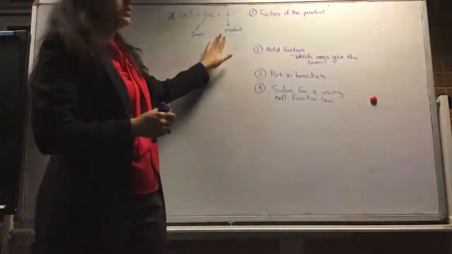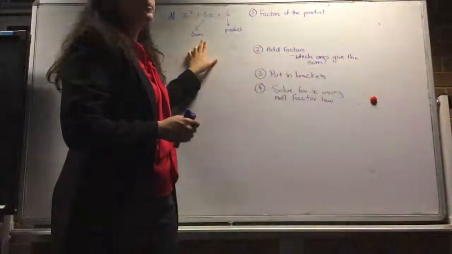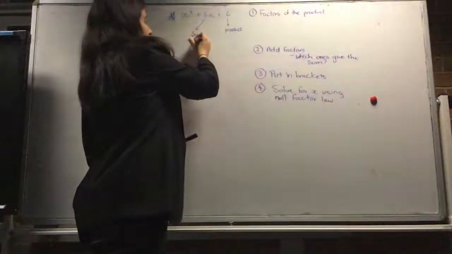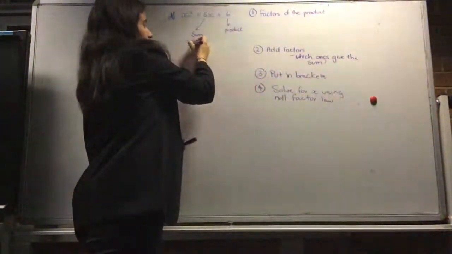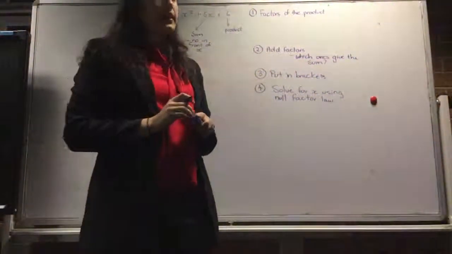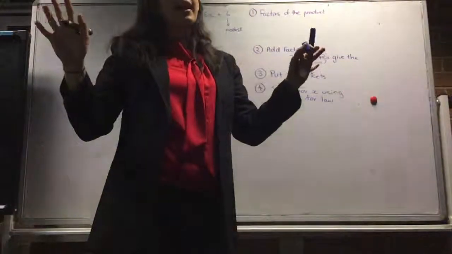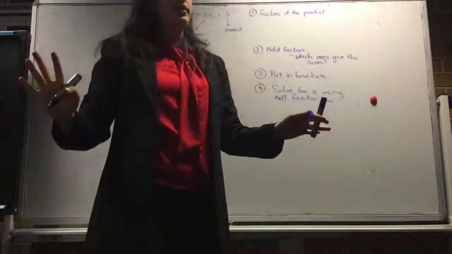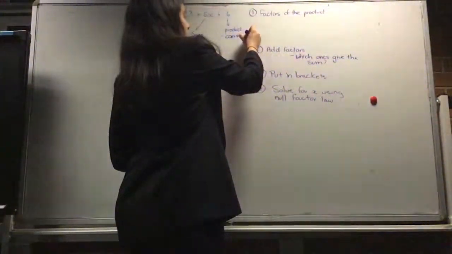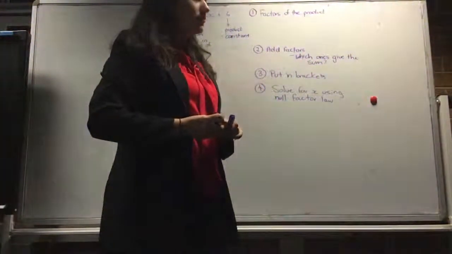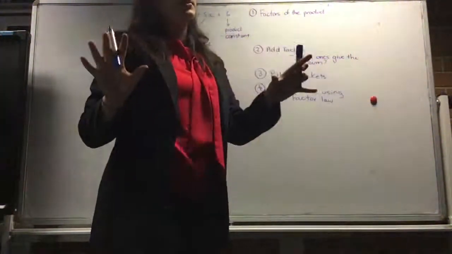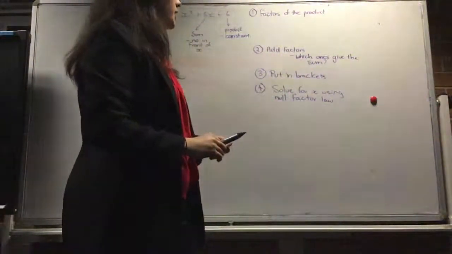When we've got a quadratic like this, we can call the number in front of the x the sum. All right? So the sum is the number in front of x. And then we call the number which doesn't have a variable, the constant term, the product. So that's a constant term and that's known as the product. So when we're trying to solve this and factorize it, get it in bracket form, we first write out the